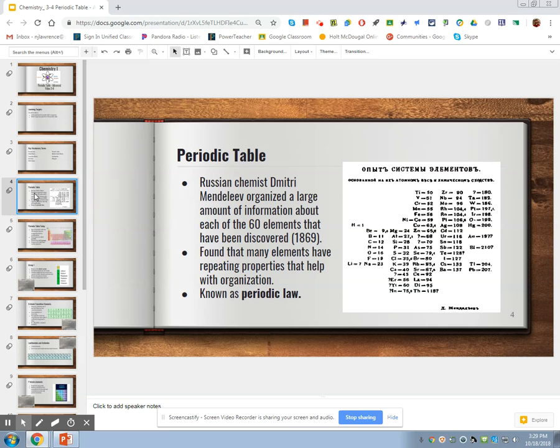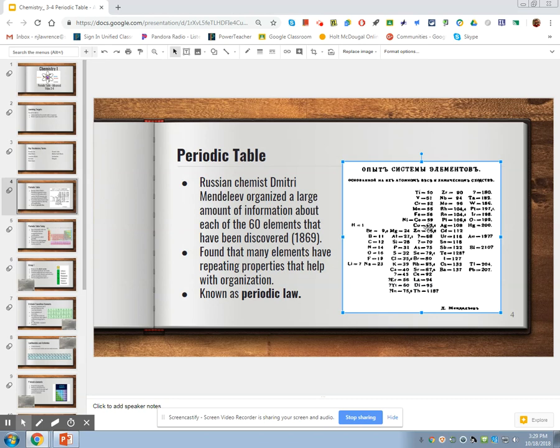The original periodic table was created by a Russian professor. He was a college professor and he was helping his students try to understand and learn these elements. So he came up with what you see on your screen here as the first periodic table. Notice his periodic table looks a little different than ours. He arranged them not by the atomic number, but by their atomic mass. At that time, there were about 60 elements discovered, in 1869 when he created this,